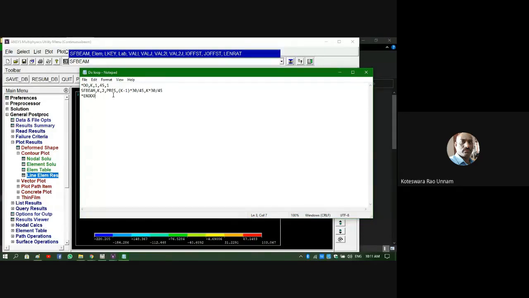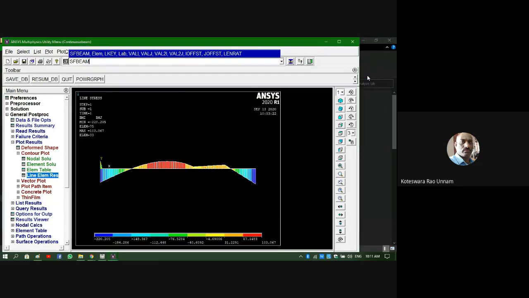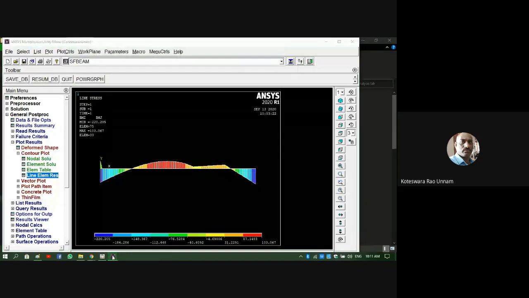Pressure is nothing but the beam pressure again. So this is the load I and this is value I, value J. You can see in the syntax also that value I and value J are there. So I am giving value I and value J for each element. That is the only thing. End do means this is the end of the loop. If it is satisfied, the loop will end when it reaches k equal to 45.